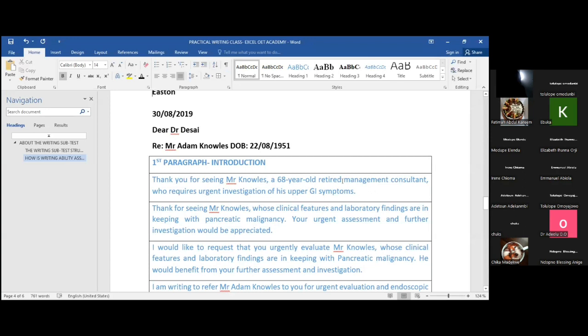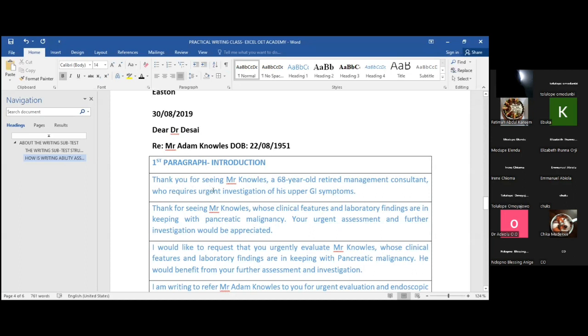I can use that too. But if I use the age and put the occupation or the gender or the sex of the patient, I'll just put a 60-year-old man. I should still put a comma after that. So I can say, thank you for seeing Mr. Knows, a 68-year-old man, comma, okay, who requires,